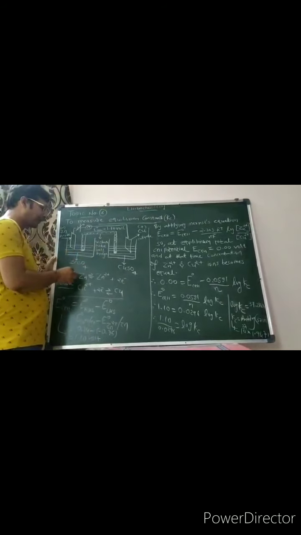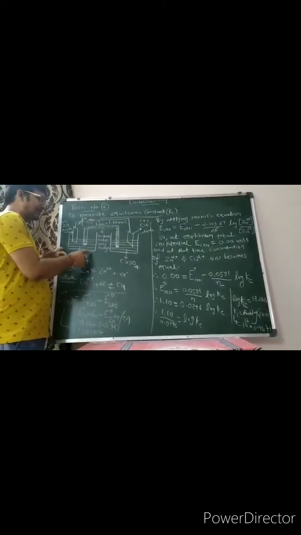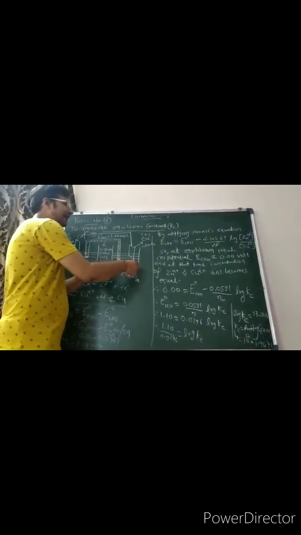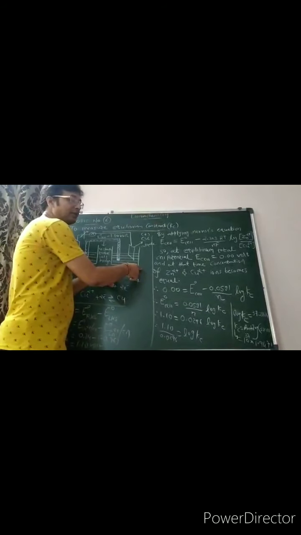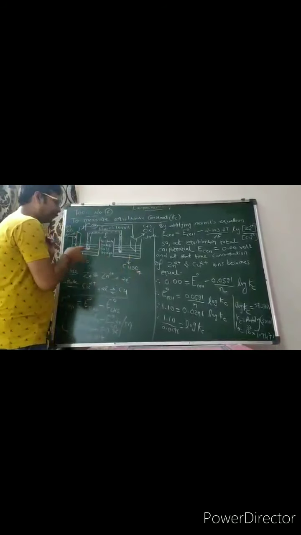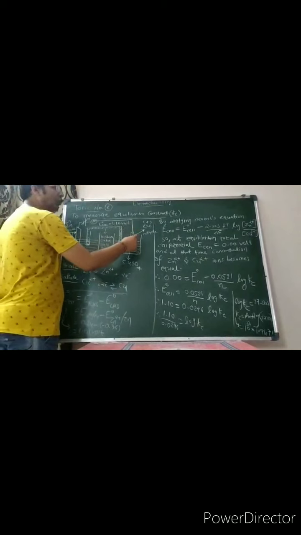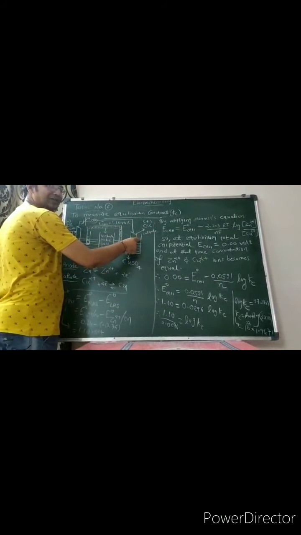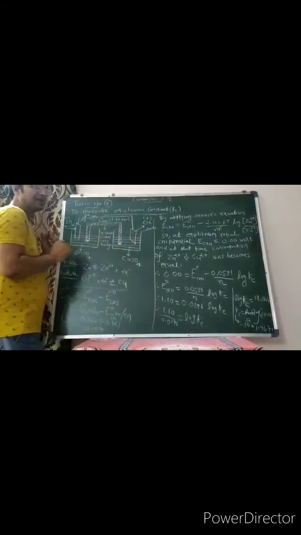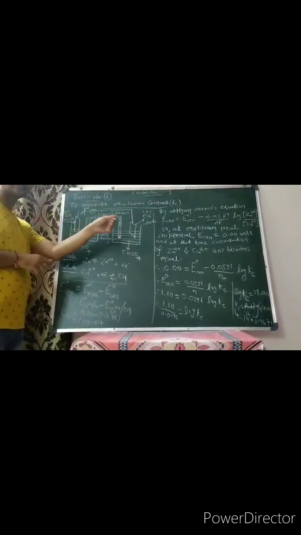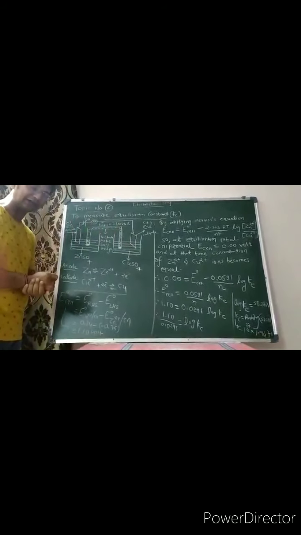In this cell, in the left hand side beaker we are taking ZnSO4 solution, and the right hand side is called another half cell, in which we are taking CuSO4 solution. We dip the Zn electrode in the left hand side solution, it is called anode. We dip the copper electrode in the right hand side, known as cathode. Both these electrodes are metals, so they are known as active metal electrodes. We also discussed the different types of electrodes.